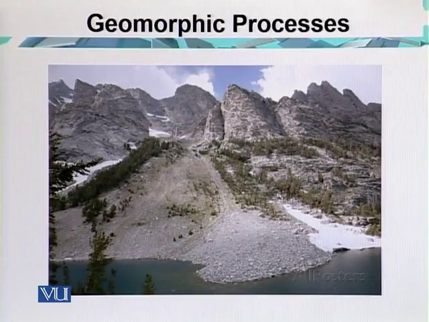A rock slide occurs when a block breaks off and moves along a bedding plane or a joint. The most devastating rock mass movement is a rock avalanche, which can be triggered by an earthquake or torrential rain. So here in this slide we can see the material is already prepared for movement due to the frost